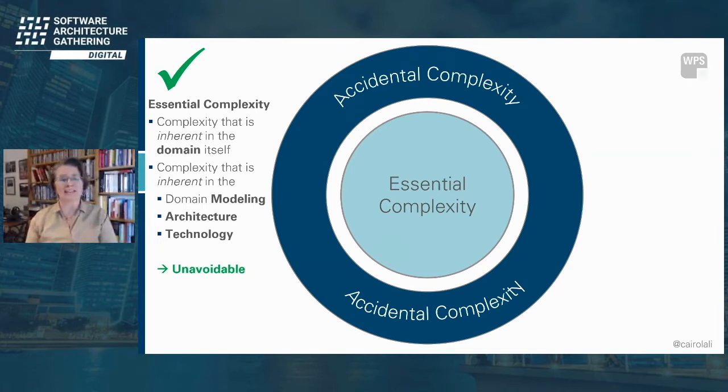On the other hand, the accidental complexity is not necessary.